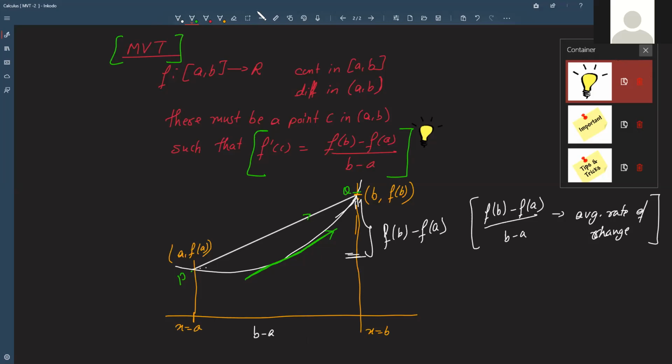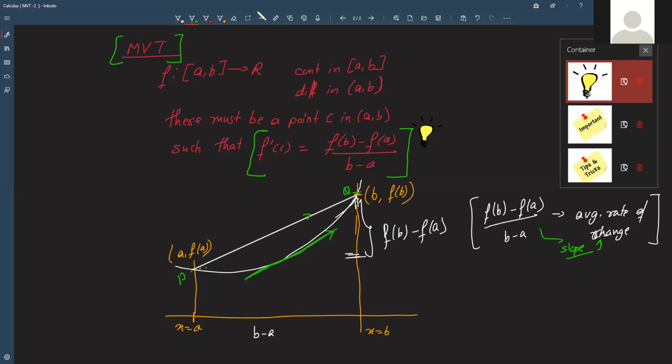If the tangent is parallel to the line PQ, that means their slope will also be the same. And what will be the slope of this line PQ? This is the slope,